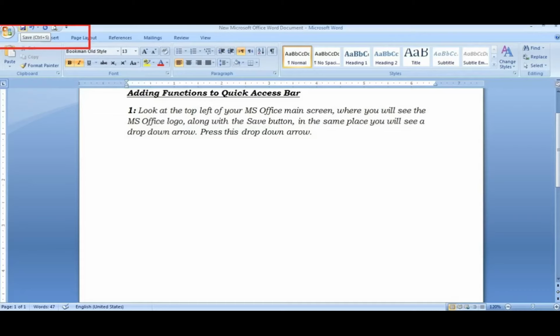In this short tutorial you are going to learn how to add more functions in a single access bar of MS Office Word. Follow these instructions if you want to add more functions to any access bar. Look at the top left of your MS Office main screen, where you will see the MS Office logo, along